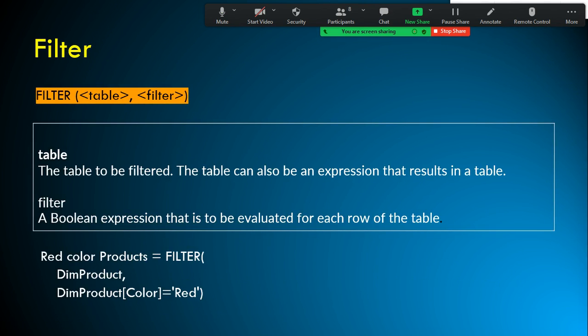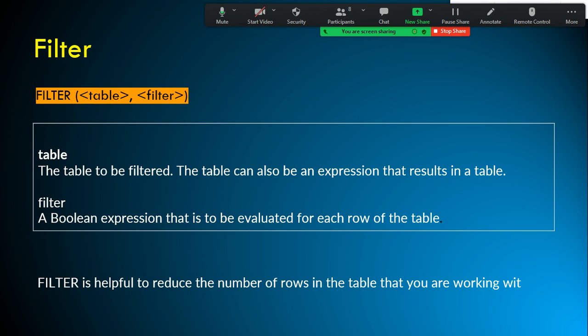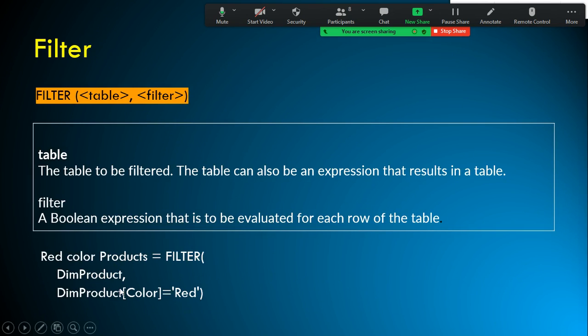Okay. So next one is filter function. Filter function is also very much helpful. The input to this one is a table, and then you can use a filter condition. Same as this one, right? But here it's not an expression. You can use some filter condition. We can say that is also an expression only, right? So filter, the product name, and this one. So what is the value returned by filter function? It returns a table.